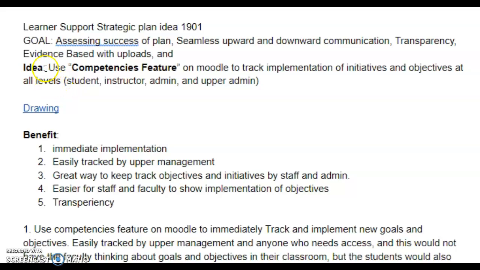So I had an idea when I went to the last strategic planning meeting. There's a few things that were mentioned that the upper management wanted. They wanted to assess the success of this plan. They wanted seamless upward-downward communication. They wanted transparency, evidence-based, and I think all of these goals could be accomplished within our Moodle system currently by just using the competency